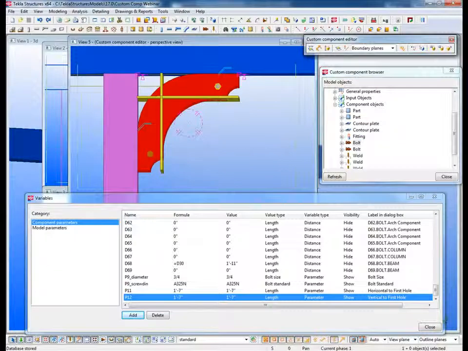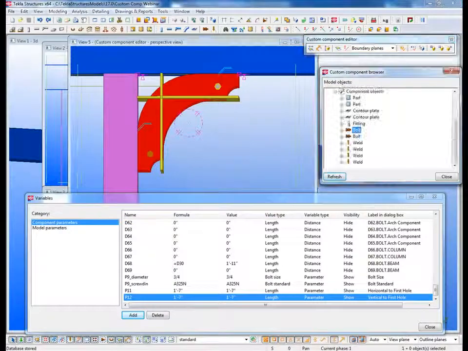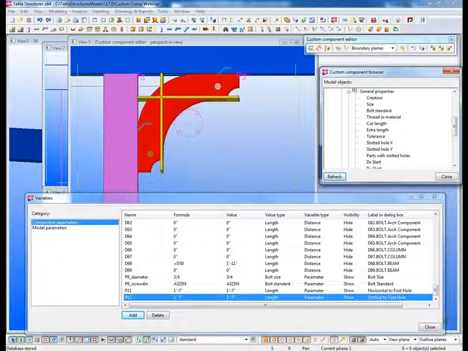So for the horizontal, I'll go ahead and select this, and I'll highlight the bolt group. I can click on the plus sign and drill down closer to see what's going on, and I'm going to set the size, add equation, that's going to be P9, and then I'll come down to bolt standard, and that's going to be, let's see,